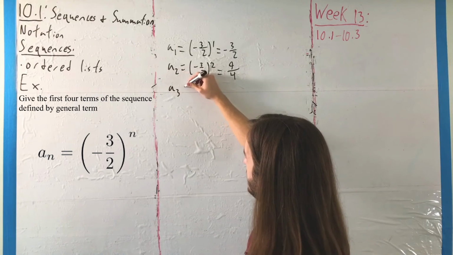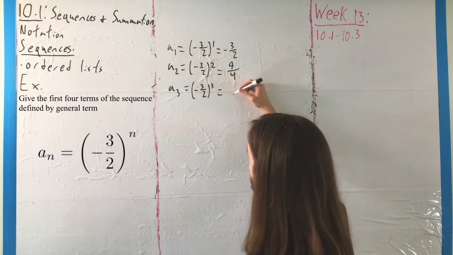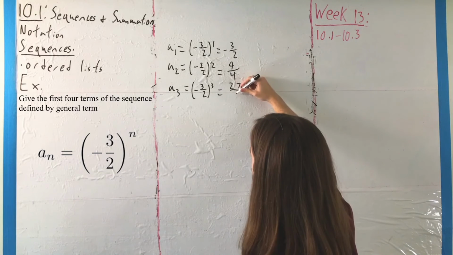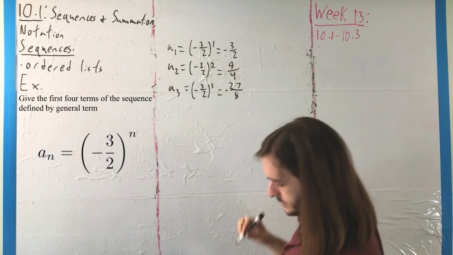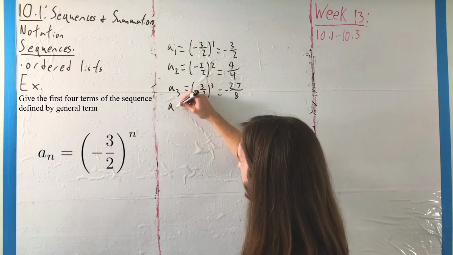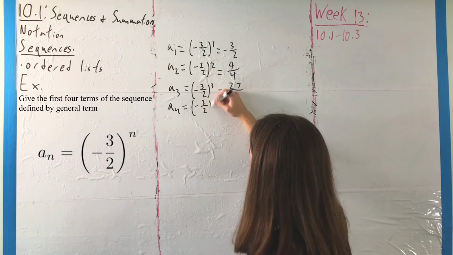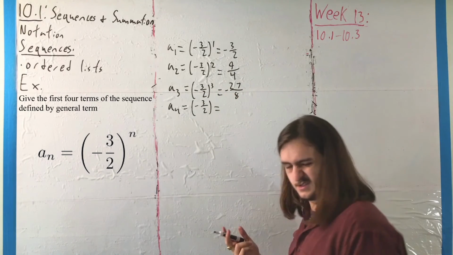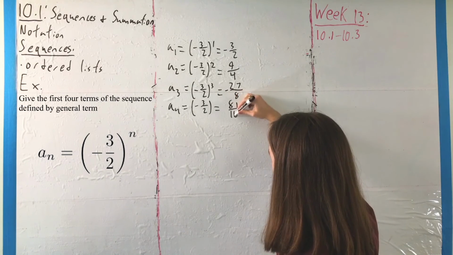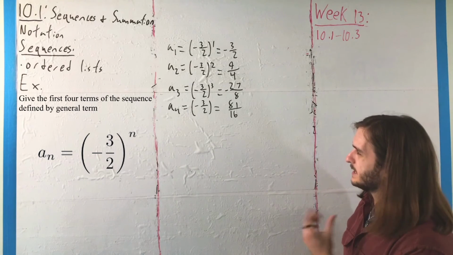Then at 3, we get a3, which is just that same type of thing, -3/2 now cubed. And, well, if you're going to cube a 3, you'd get 27. If you cube a 2, you'd get 8. And if you cube a -1, you still have a -1. So you get -27 over 8. And then we have a4, which would be that same type of pattern. Oh, very exciting, isn't it? We would get 81 over 16,